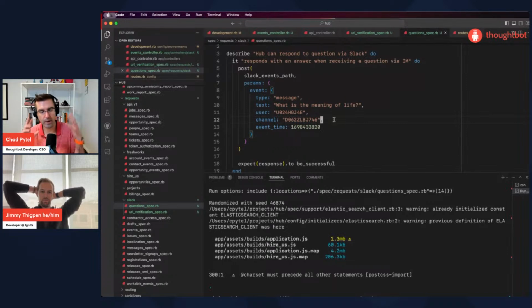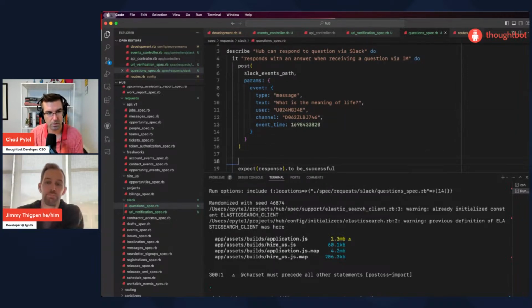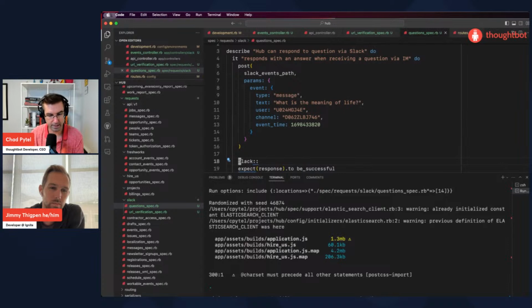What I'm envisioning is we're going to take in the message and say, okay, this is a message we should respond to. And then we're going to kick off a background job, which is going to do the other things. So really all that this should do would be, what should we call this? It'll be like expect Slack job.